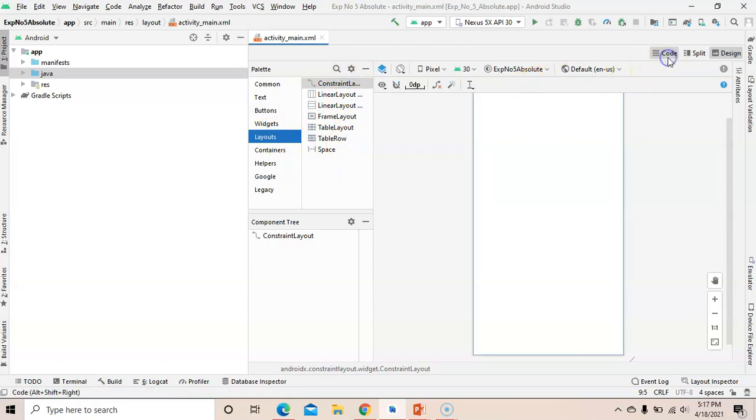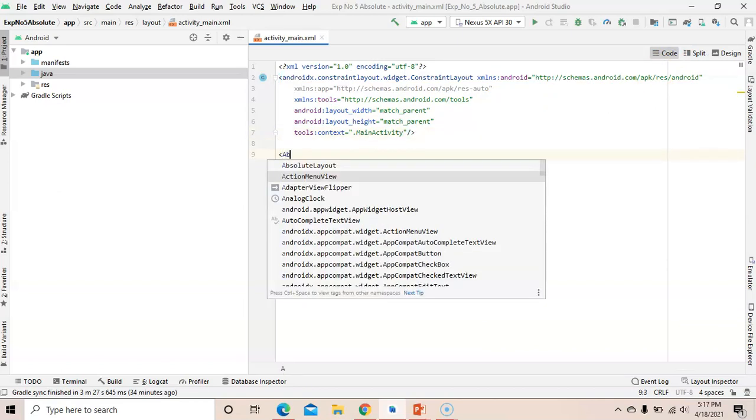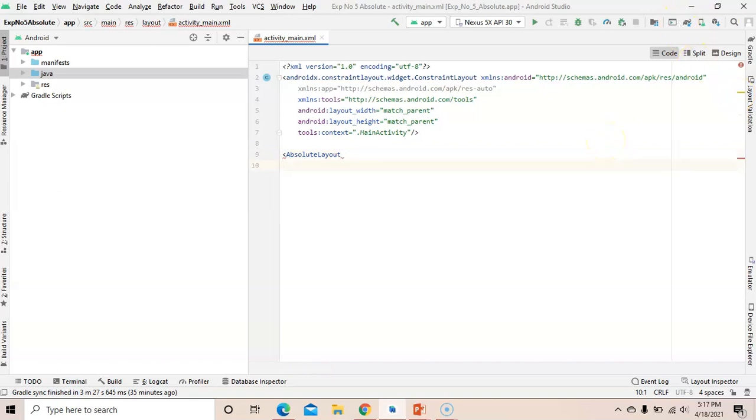So go to the code, and then in the code, we need to specify the absolute layout. Here one line is missing, that's why the error is coming.